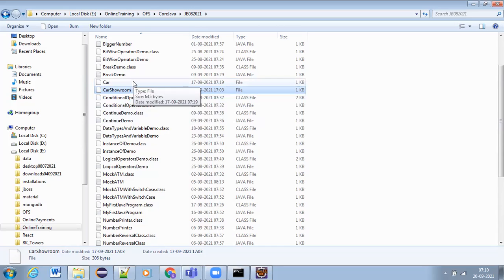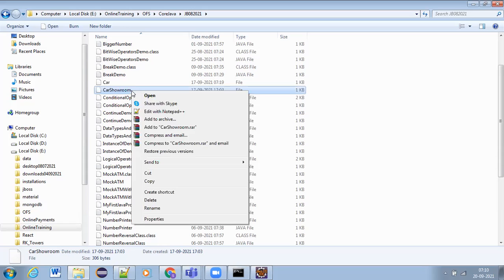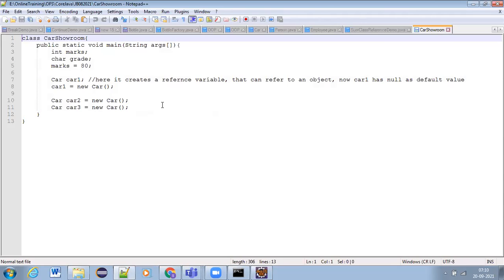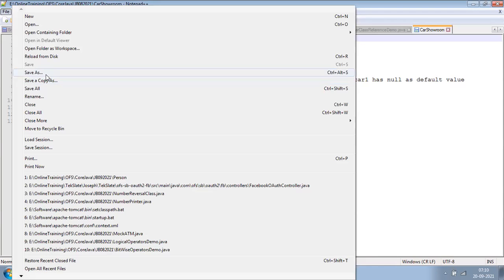With these classes. Showroom trial car, right? We have written it as a file, so we need to save this as a Java file. Right, with this one. So let us save it as a Java file.